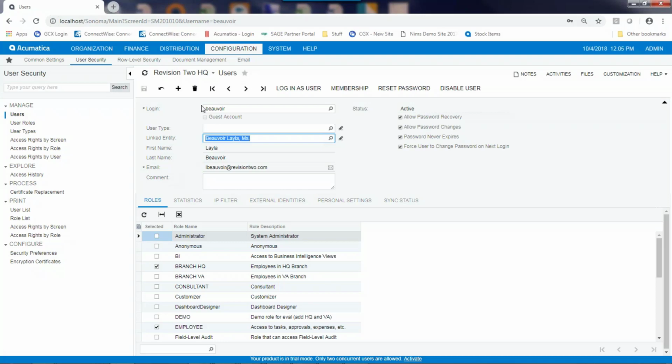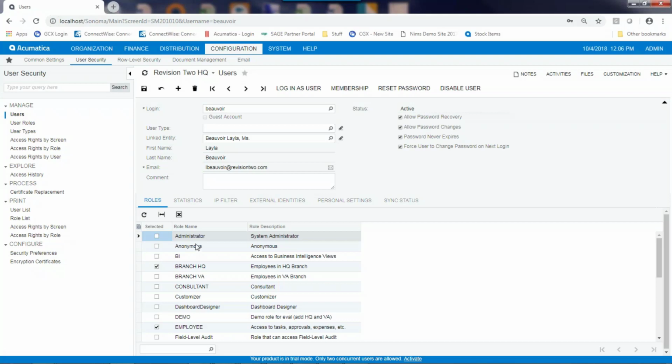Once the user basic information is set up, you can decide what roles the user is going to belong to. When assigning a user to a group, that user is going to inherit the access rights that we're later going to talk about that are assigned to each screen in Acumatica. So for example, if I unclick this, the user would not be a member of the administrator group, and therefore would not have access to the privileges of the administrator. A user can belong to multiple groups,